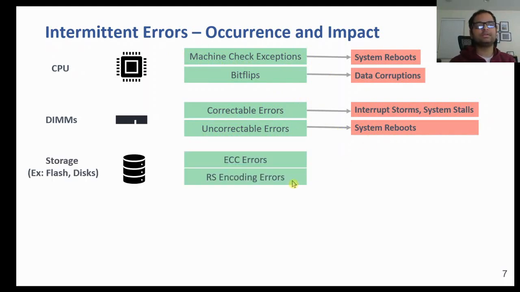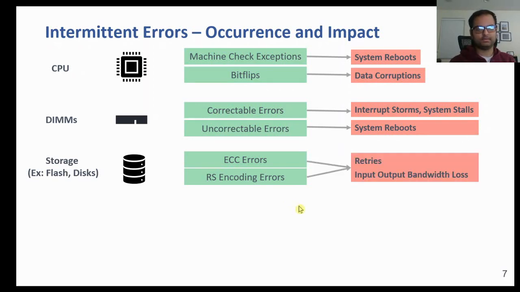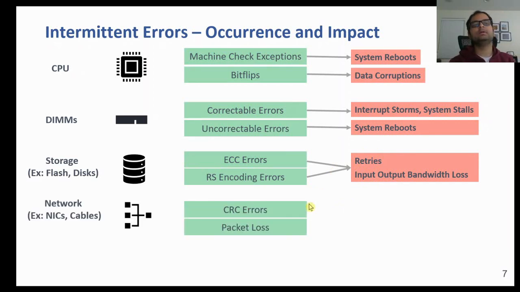In addition, across different components like storage, for example flash or disks, we see other types of ECC errors as well as RF encoding errors. In both these cases, these errors result in system level IO retries, which in turn result in system level input-output bandwidth loss. Similarly, for network, because of the burst characteristics in the cable or in the network interface cards, we will see CRC errors. Based on the protocol that we use, in some cases we might see packet loss. In both these scenarios, at a system level, this results in retry of the packet,